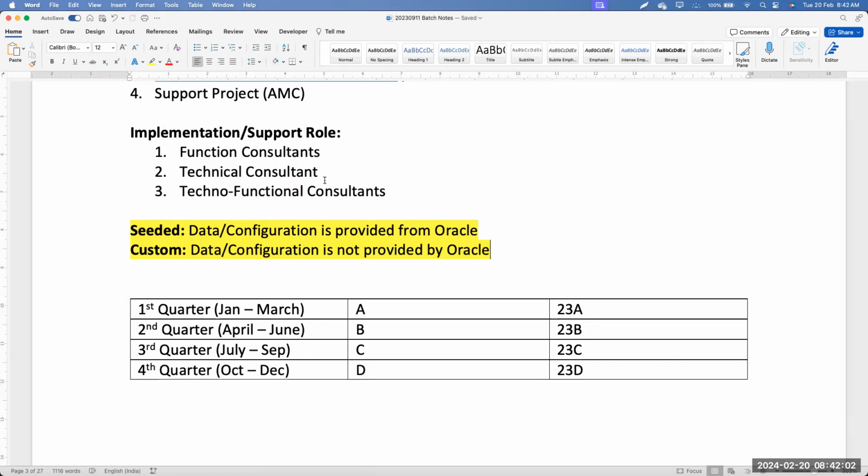See, if a technical consultant has worked on ORC for a couple of years, and then you suddenly ask him to build a report for core HR or goals or performance, it would take a little more time for him to build the report, because he has been working on the recruiting module and has to first understand the tables. If you ask him to develop a recruiting report, he would do it in a fraction of a second. But for other modules, he may need more time because he has to understand the tables, how the data has been stored, how to extract the data and all. So those logistical challenges will always be there for technical and functional consultants.